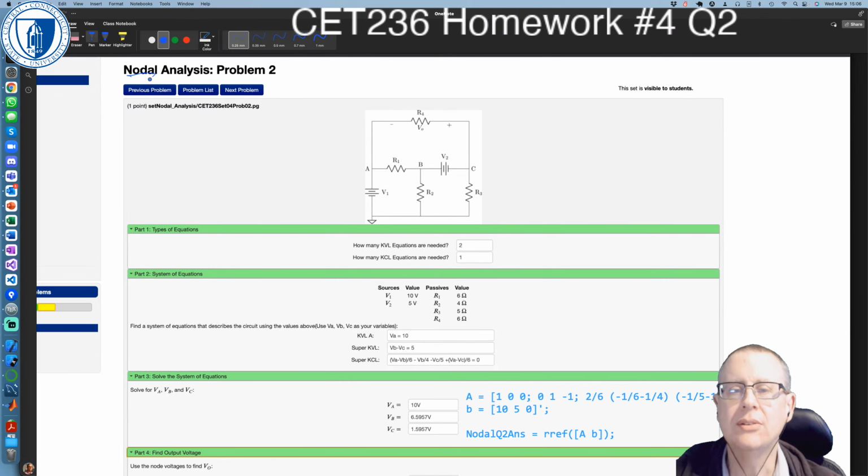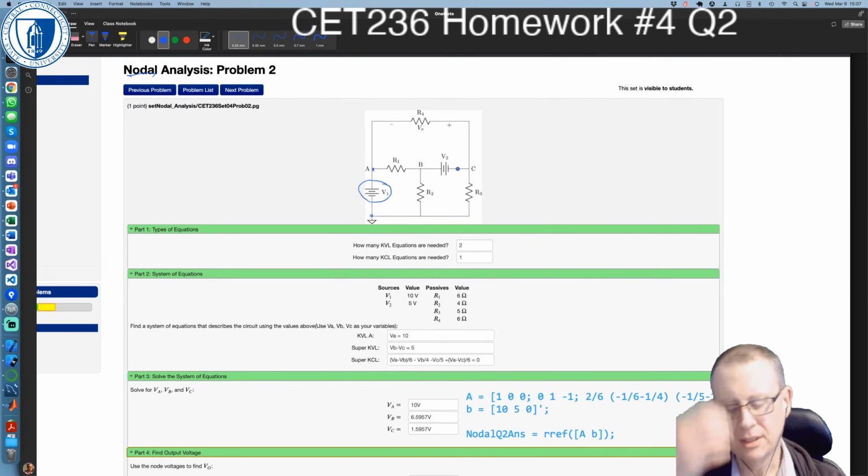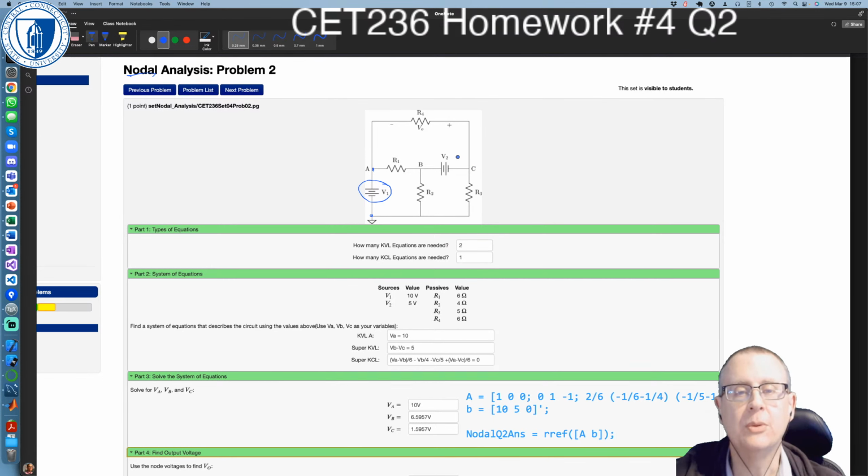analysis, so we need to look out for freebies where there's a voltage source connected between the reference node and a non-reference node, so V1 gives us a freebie, and supernode voltage sources, so V2 is connected between two non-reference nodes, VB and VC, so we need to do a supernode around VB. So that gives us those